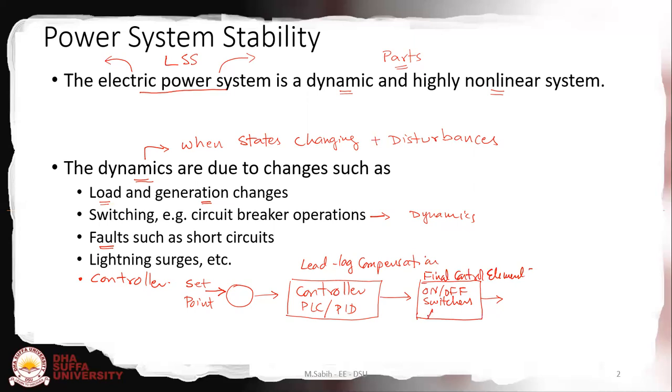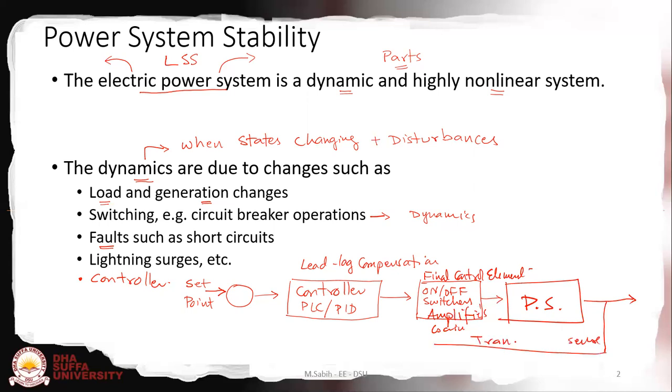An amplifier, for example, with some gain, current, voltage. And then there is the electrical power system. Then we have some CTs and others, they sense and then transmit this value to the concerned controller. So this is a single loop, and we have hundreds of control loops in the overall power system.